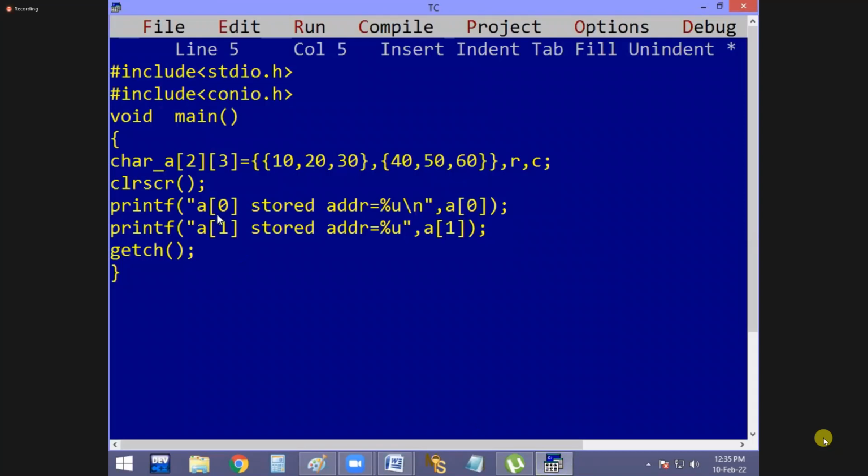Already it is there now. It is A of 0 stored address. It is A of 1 stored address now. Yes. Now it is the output. Okay. For example,